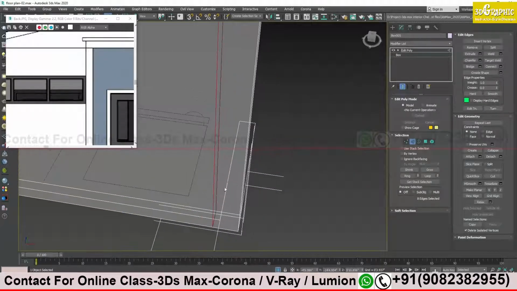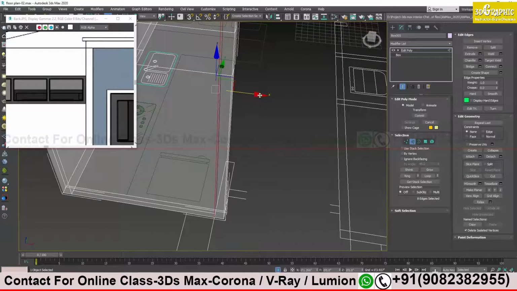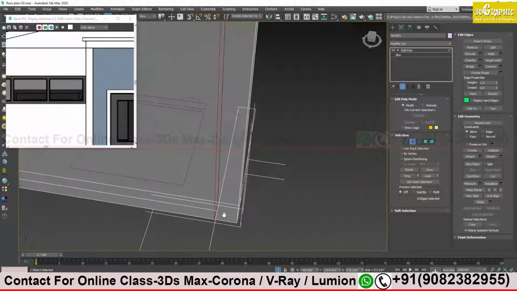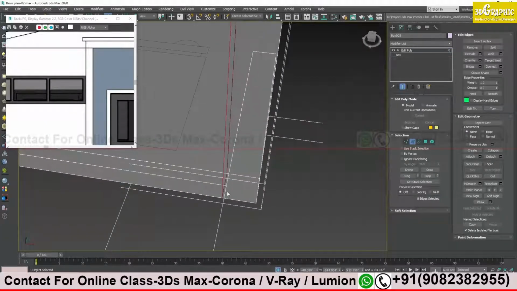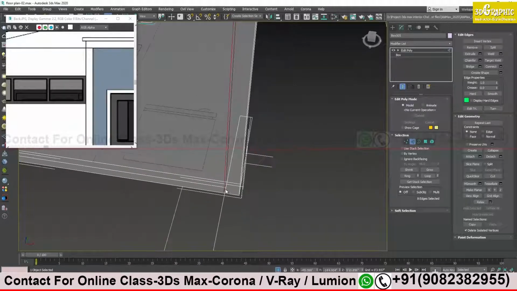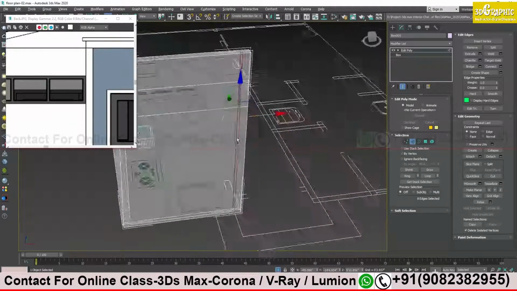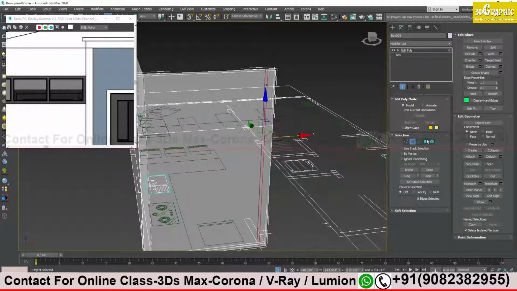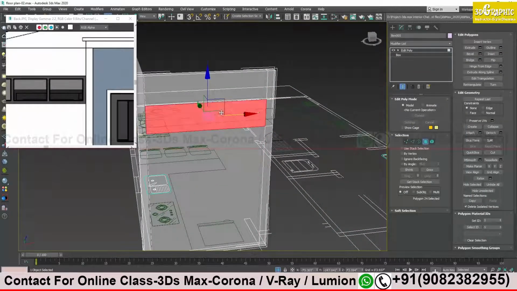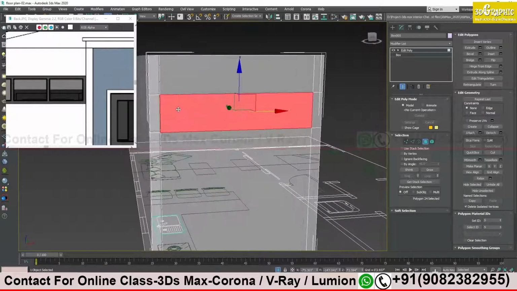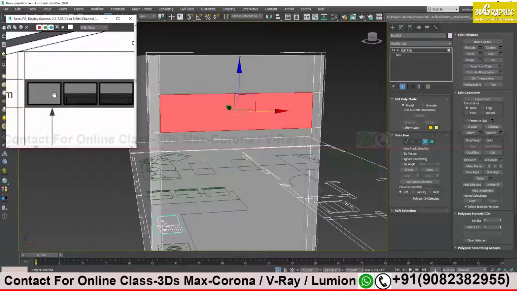This is the width of my wall. So a little bit not exactly on top of the wall, but a little away from the wall. This much gap I'm keeping just to be on the safer side. So this is the area. If I select my polygon, now see, this is the area for my window.